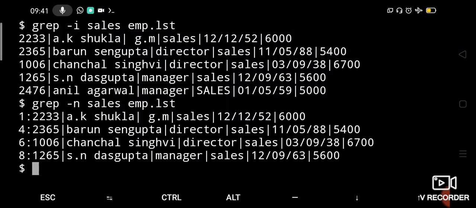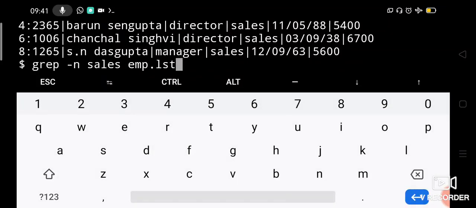That means the 1st, 4th, 6th and 8th lines have the sales pattern. You can merge the options also. So you can say -ni sales. Now it will give the line numbers and ignore the case also, right?